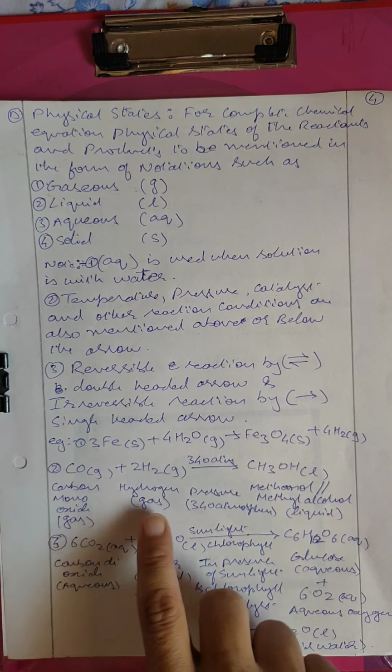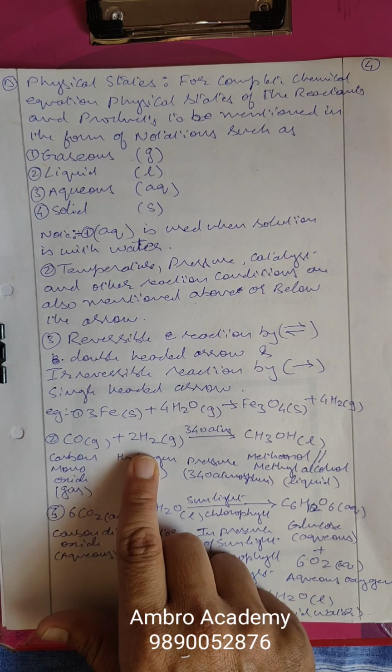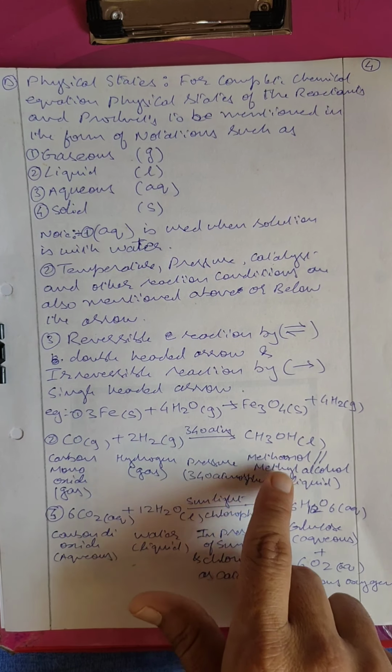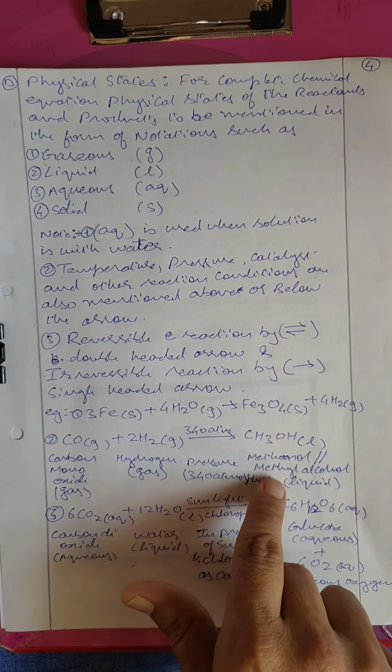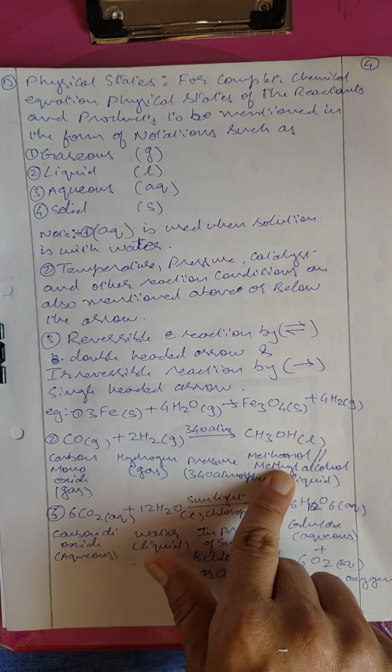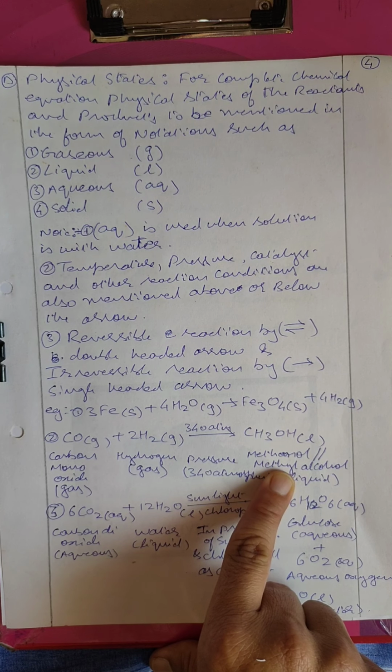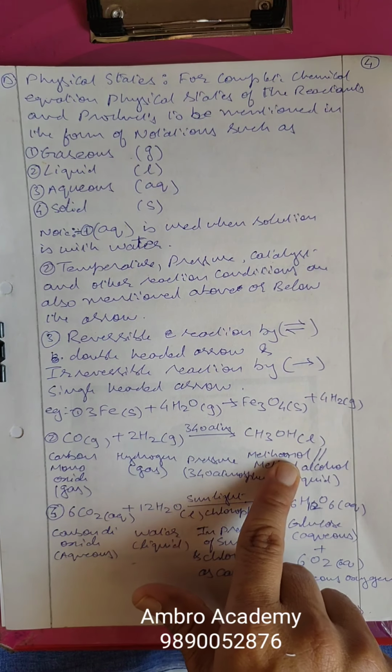Again, take the next example. Carbon monoxide plus hydrogen gas will give methanol or methyl alcohol. See, I have written both the terms, methanol or methyl alcohol. These terminologies we are going to learn in the next chapter of chemistry, which we say naming, how to name these compounds. So when we want to name these compounds, what is the condition for that? What is IUPAC naming or common naming or generic names? We will go through that. So don't worry about this, how we have taken the name.